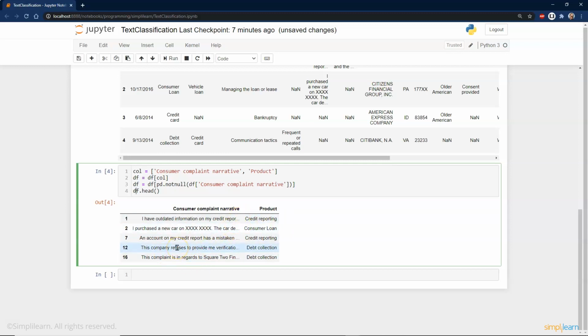The company refuses to provide me verification. The complaint regards Square or something. So we're going to be looking at these complaint narratives and trying to understand them. And can we write code to